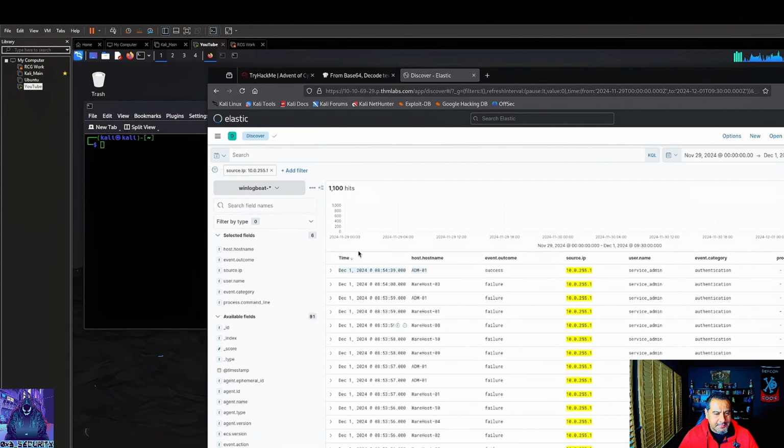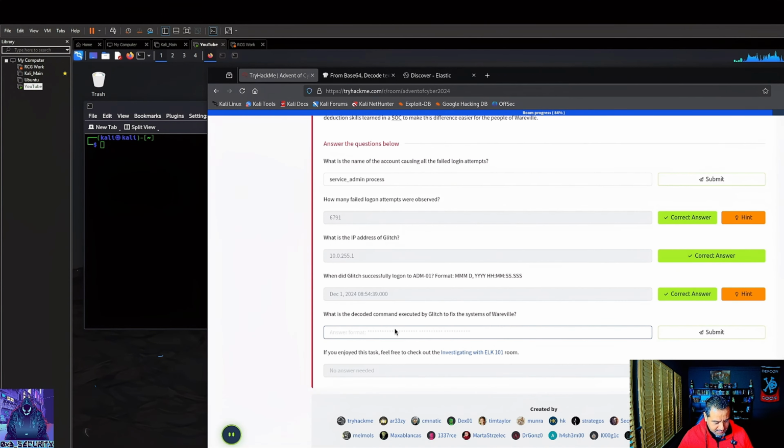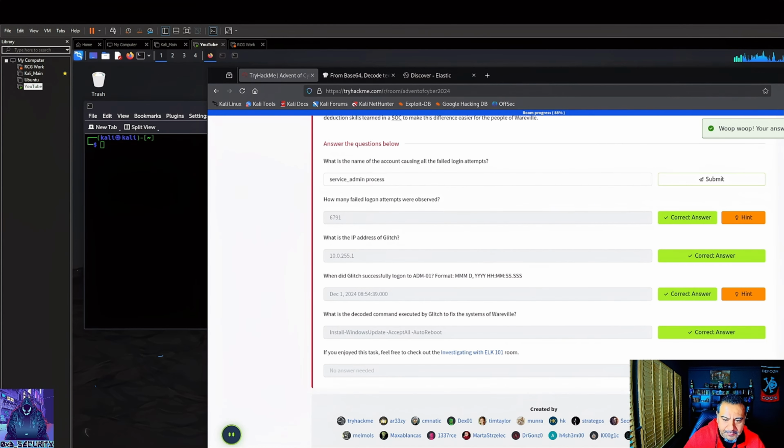Attention to detail, trying to go too fast. Wait, no, that's not it. Is it it? Oh, I thought it was the other one, the original one. Okay, cool. Perfect. Well, we got it. Had a little hiccups, but all good.